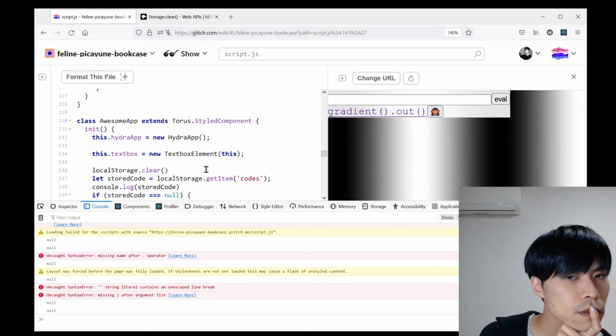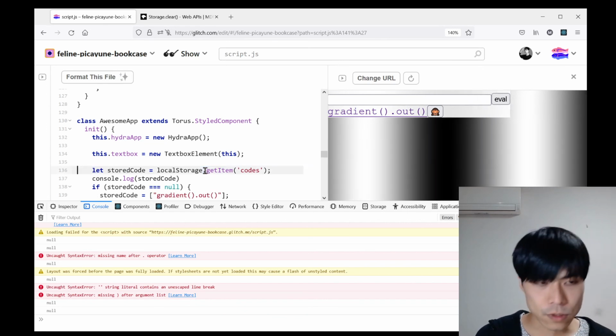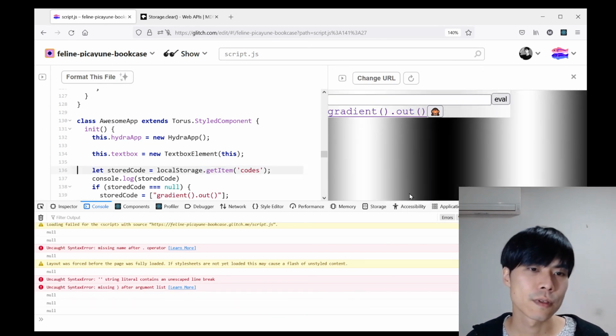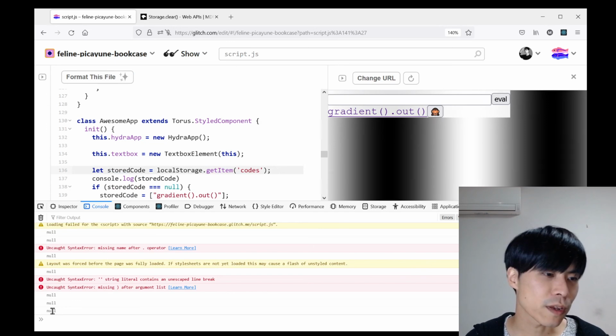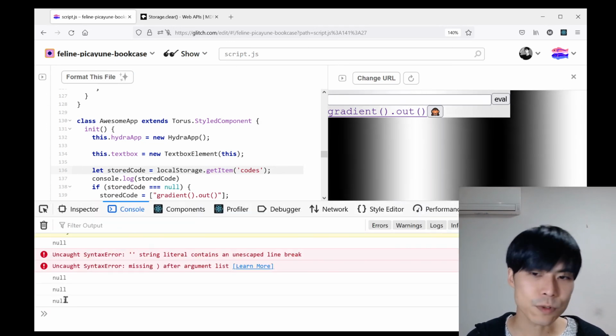Where is it? Now I don't want to clear it. So right now, null is stored, and then